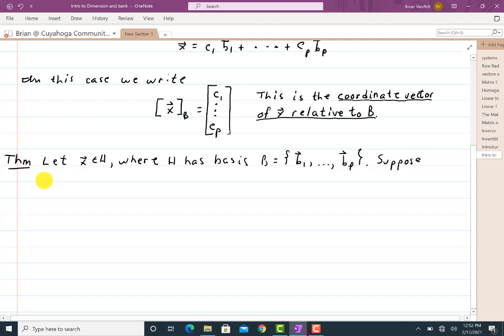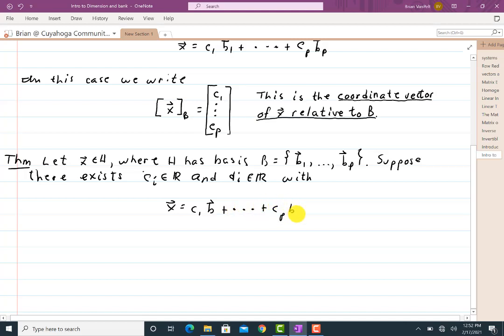Suppose there exists, let's see, CI in R and DI in R with X equal to C1 B1 plus dot dot dot plus CP BP,